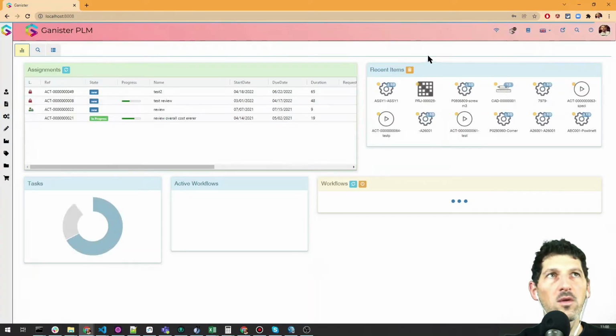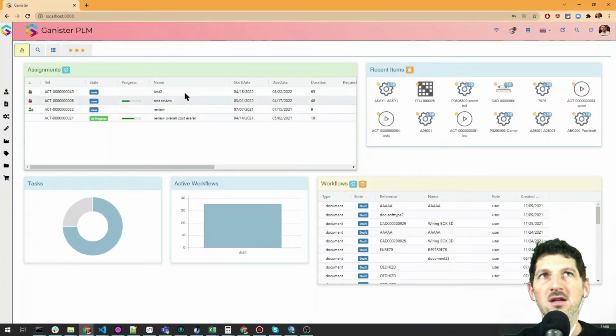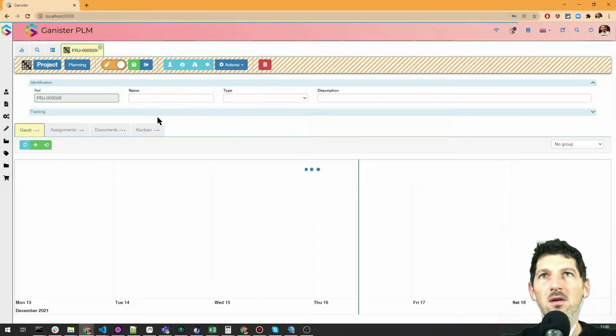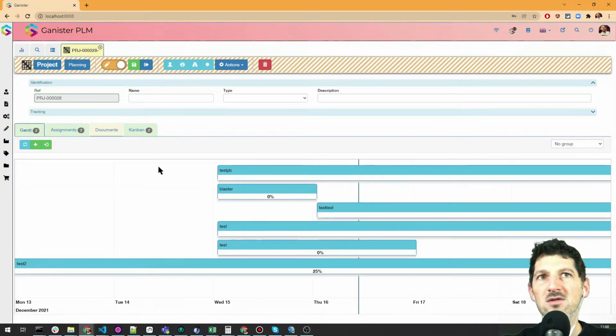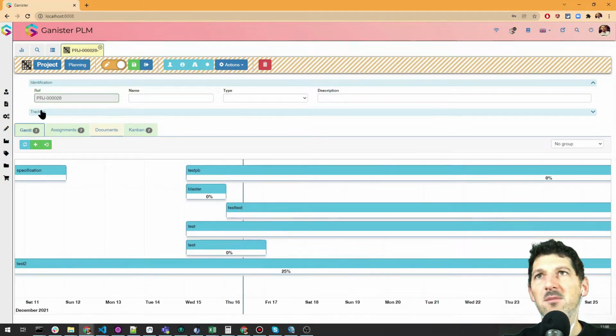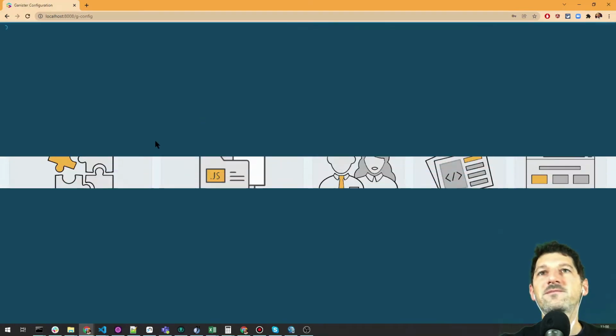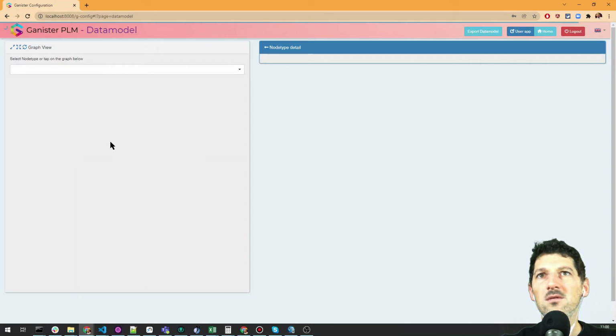By default, when you look at a project, and we'll take the project for example, you have a relationship to assignments, but what we would like to present is how we relate a project to a part, for example, but not in a relationship with lots of potential relationships, but just with a property. So you go in gconfig, data model,